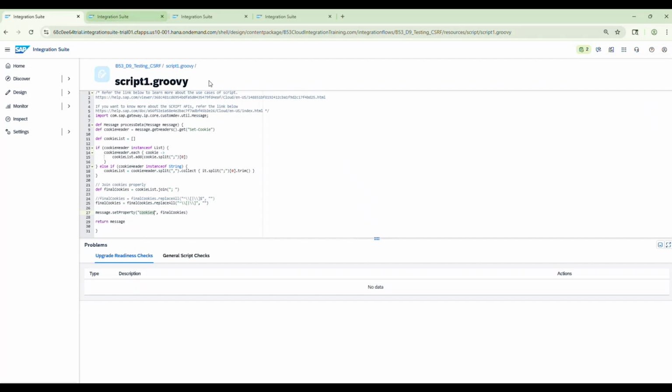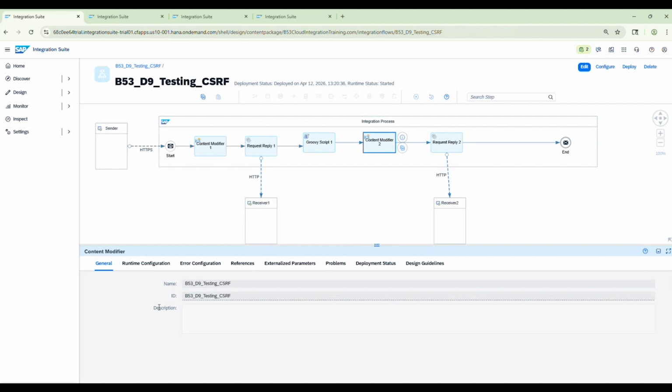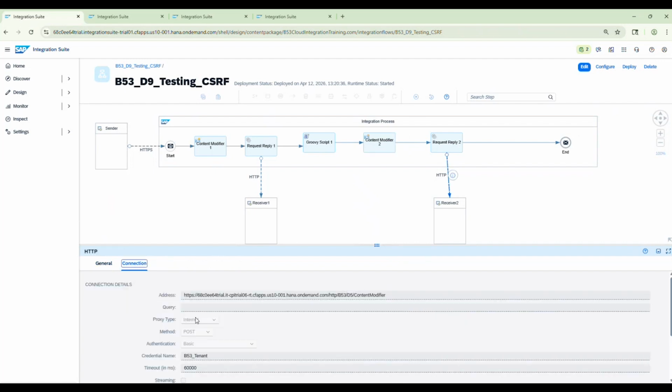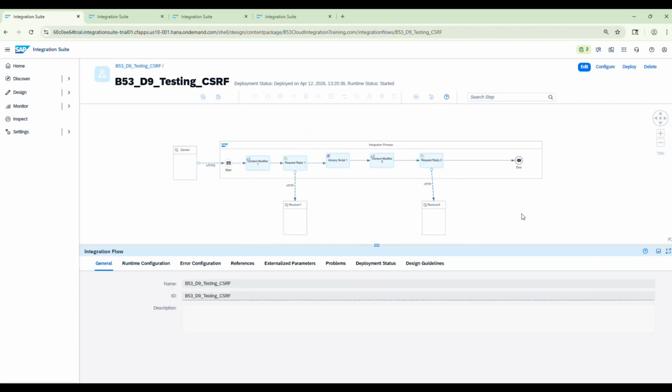Okay. So once we get these cookies assigned to a property, the next thing is we need to pass this cookie and the CSRF token in the next call. The same endpoint we are going to hit, and the method will be POST, and here we are going to add these headers. So now let's first